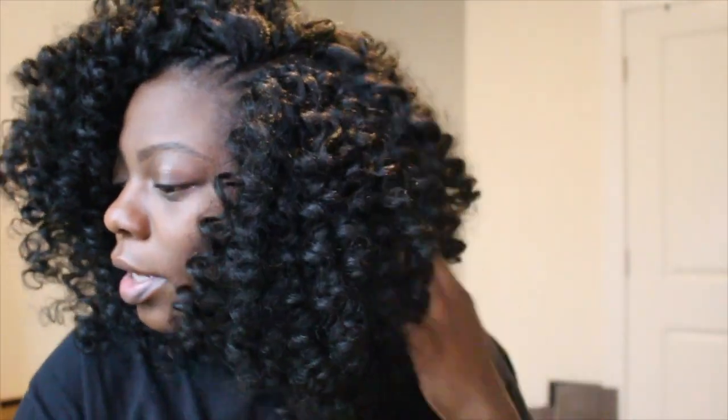Okay, so I have it like I want it, and what I do is I first pull. Oh, I shouldn't be doing this with the black shirt on, but it's just the shirt I'm working with today. So I first pull, because you see these straggly pieces. This is from when I separated them and I had to coil them. First I pull, and I just cut all this off,